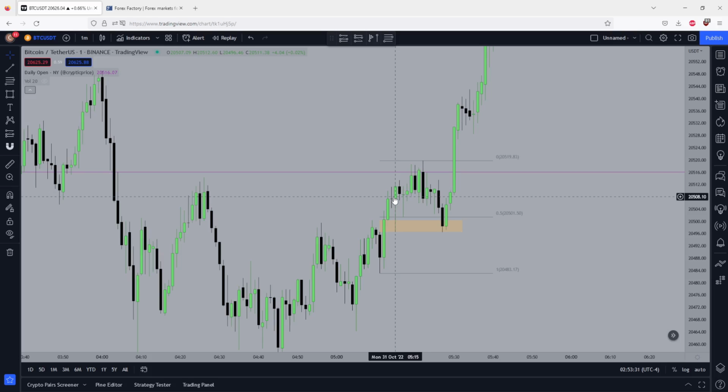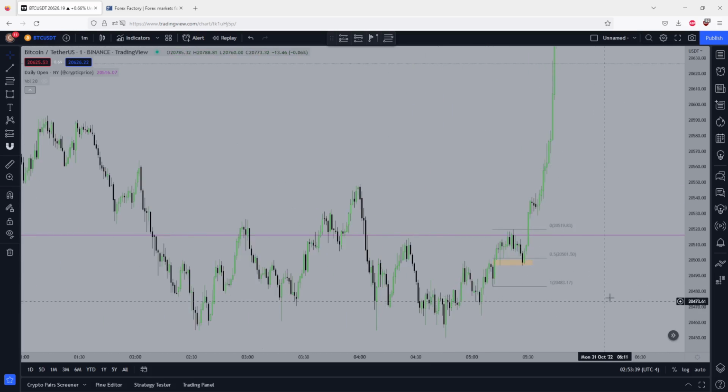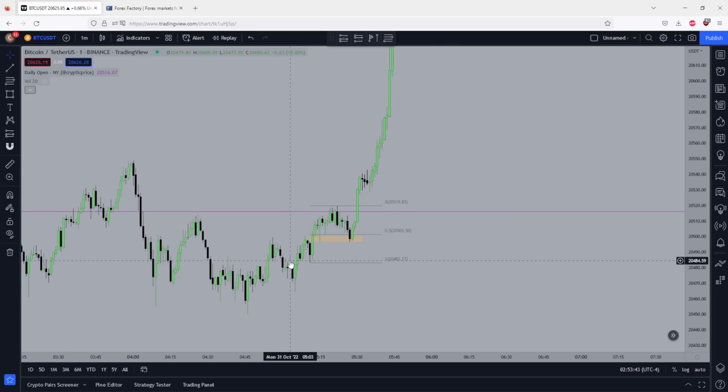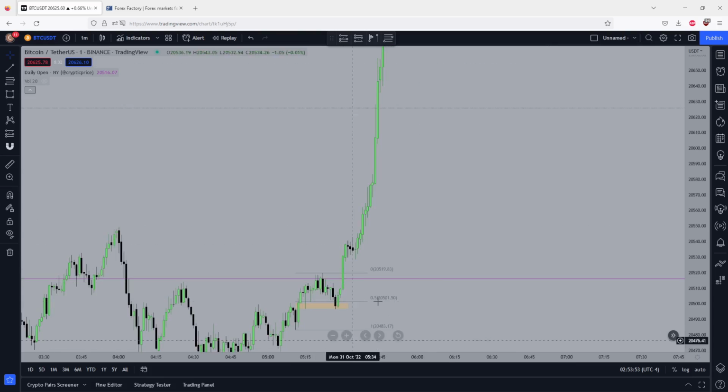So this low is 1 cent higher than this low. So this low takes out this low once again prior to then pushing higher. So this is a very nice setup on the 1-minute, as we have a lot of confluence. Price goes below the low of this candle, goes into a fair value gap, touches an order block, and then